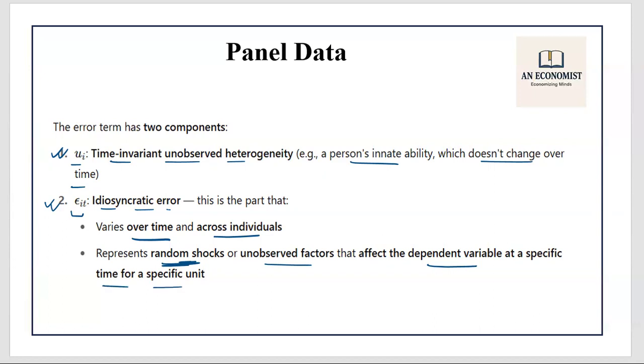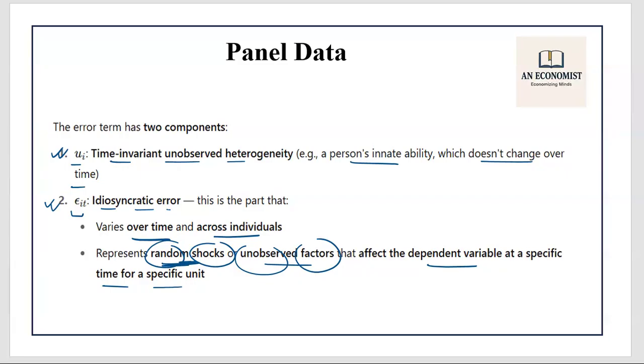So it has to do with the time variation also. The dependent variable will get affected, but it will have some time variations as well, right? So it is basically a random shock. Idiosyncratic means it is a random shock or unobserved factor, but it has to do with the time factor and the entity also. It depends both on entities and on the time periods, unlike this time-invariant